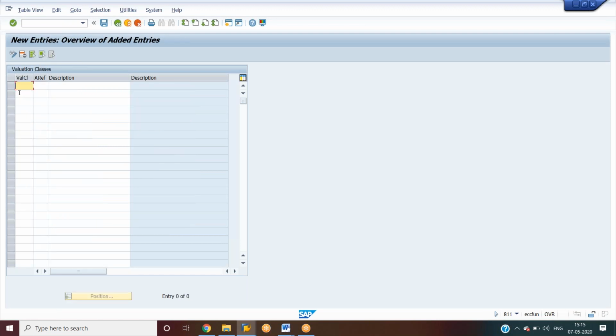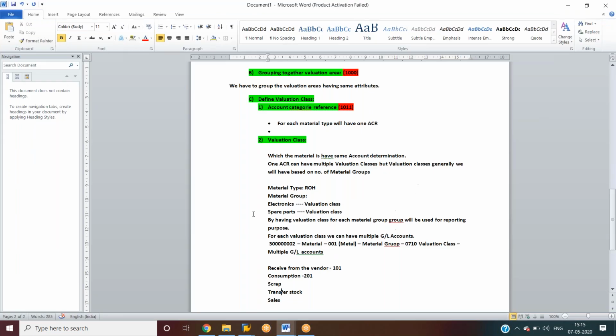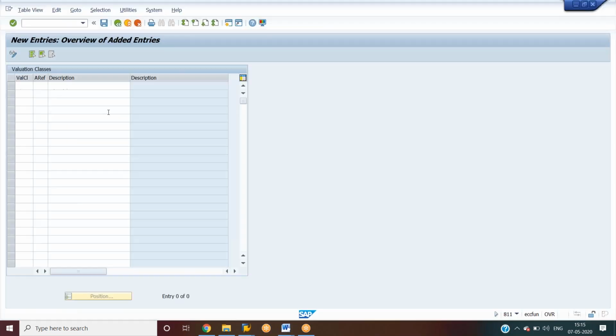So click on new entries, and as you see here, I have one account category reference that can have multiple valuation classes. Okay, one valuation class. Let me give 1000, 2000. Account category 1011, right? 1011. So I want to maintain this valuation class for the material group.